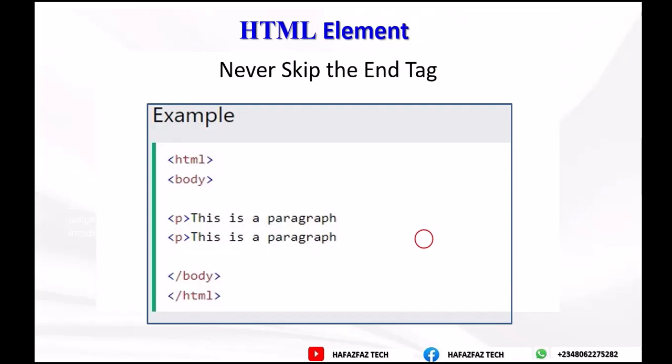Now if you don't end your paragraph with an end tag here, it will still work, but it's not recommended, because sometimes you might experience some errors. So that's why it's recommended that you follow the best practice. And the best practice is what? That you should make sure you always end your tags, except if that particular tag is part of the empty